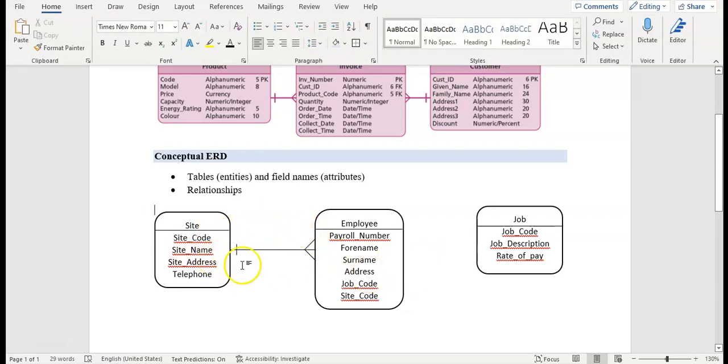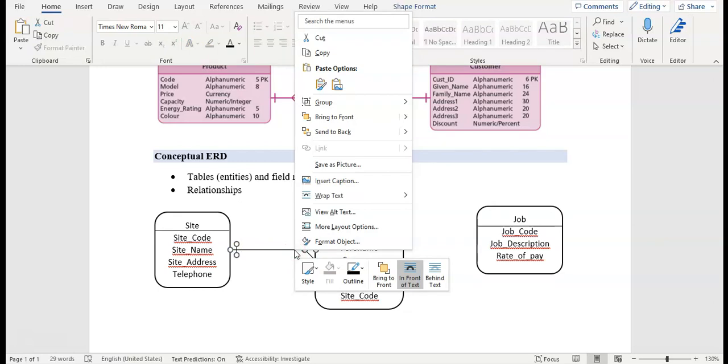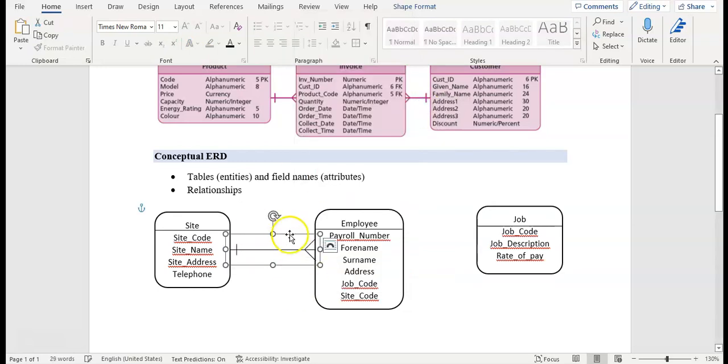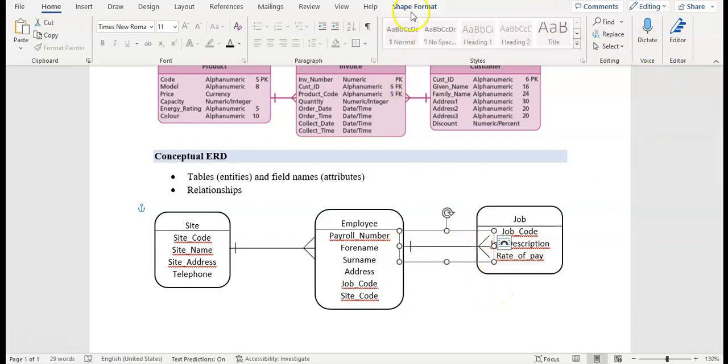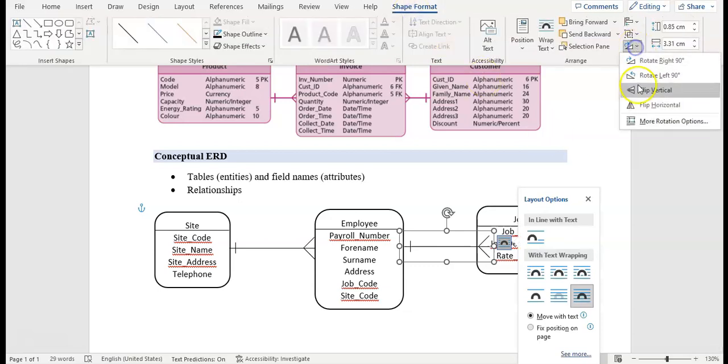Okay, so that is the link between site and employee, and then it's going to be pretty much the same on the right side, going from employee to job. So I'm going to see if I can copy these lines over here and just paste them on the right, and then try and form the same link. So I'm going to hold down Shift, click on each of these lines, right click, let's try and group these together, so now it's one image. So I'm going to copy, paste, drag it to the right side, and then I'm now going to flip it horizontally. So Shape Format, Flip Horizontal,